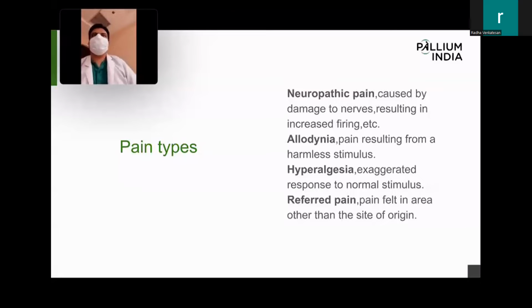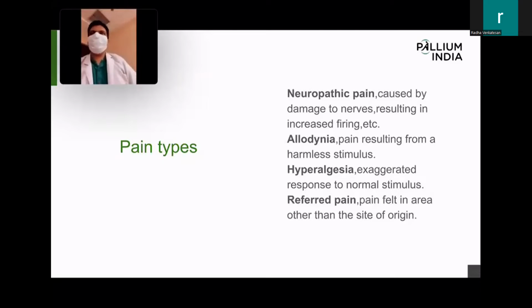But what allodynia is, is what you need to understand. When you see patients, commonly what they mention is their own dress. For example, if they have some neuropathic pain in the knee, any cloth touching their knee, they could say it causes pain. Or even our own touch: "Oh, coincidentally, I just rubbed my hand over that area and it hurts." So that is a common way allodynia presents. And hyperalgesia is an exaggerated response to a normal stimulus. For example, something that should not cause much pain may cause a pain symptom. That is what it is.